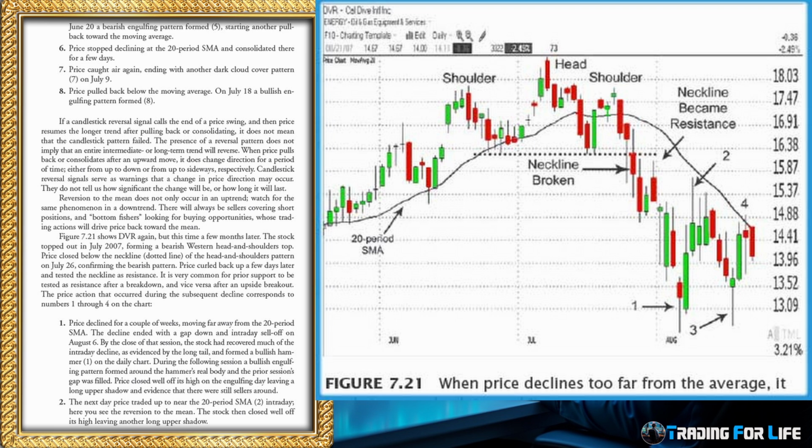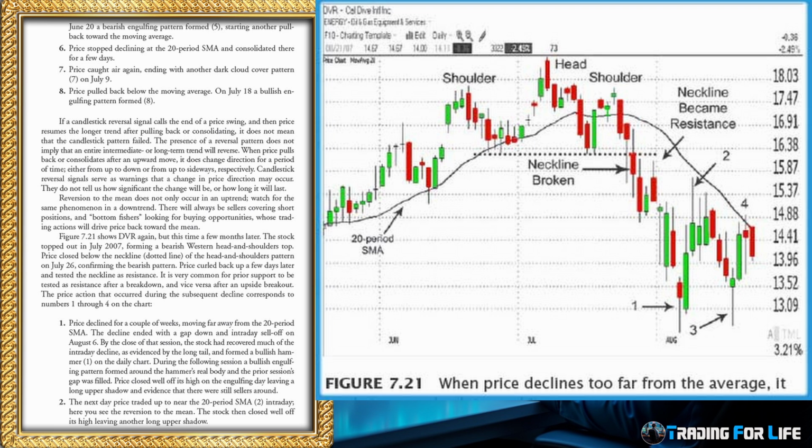It is very common for prior support to be tested as resistance after a breakdown, and vice versa after an upside breakout. The price action that occurred during the subsequent decline corresponds to numbers 1 through 4 on the chart. Price declined for a couple of weeks, moving far away from the 20-period SMA. The decline ended with a gap down and intraday sell-off on August 6th. By the close of that session, the stock had recovered much of the intraday decline, as evidenced by the long tail,